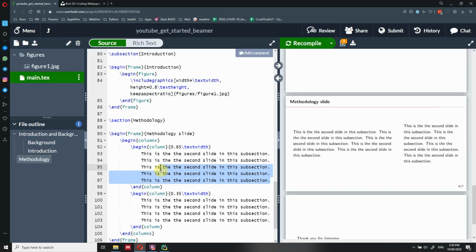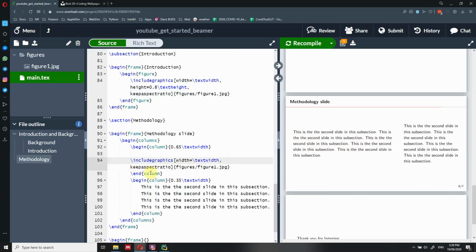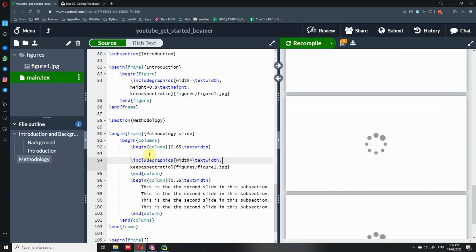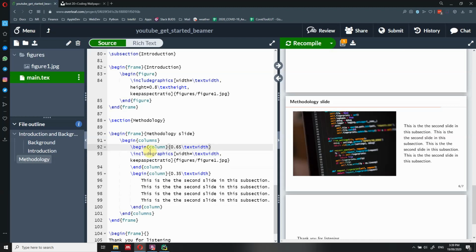As I previously mentioned, everything now should be fine because with width, the software knows the width available in that column. In this case, we are not even going to need the height, because the aspect ratio should be fine. Let's have a look at how it's going to look. The picture is very heavy, a very high resolution picture, and consequently it takes a little longer to reload the file. But now it's fantastic. We have added our slide here, and we have added our text.